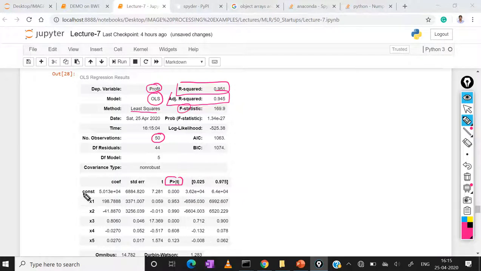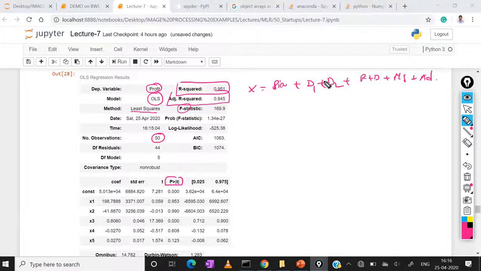So here, the constant is actually x0 equal to 1, the bias, plus the dummy variables, dummy 1 and dummy 2, and R&D, marketing spend and administration.